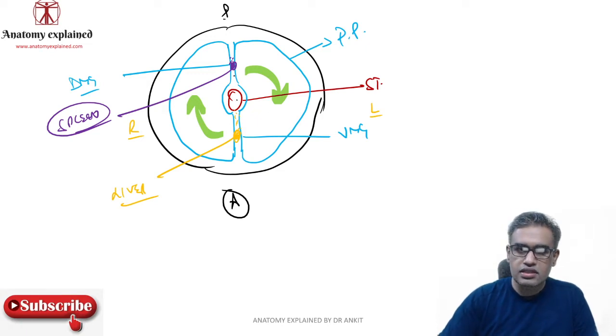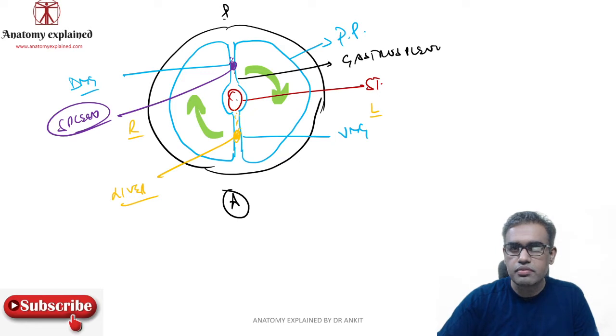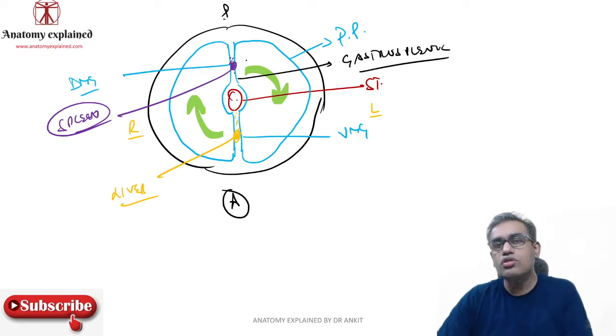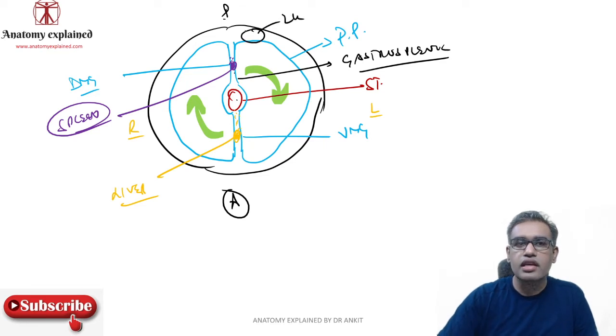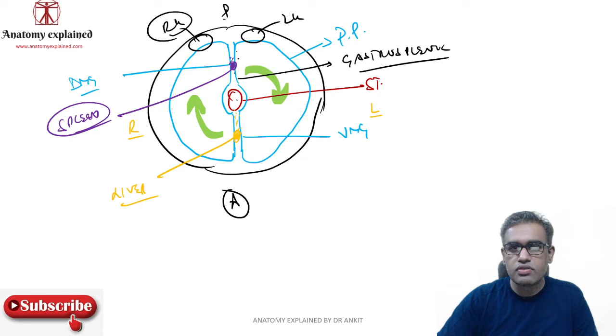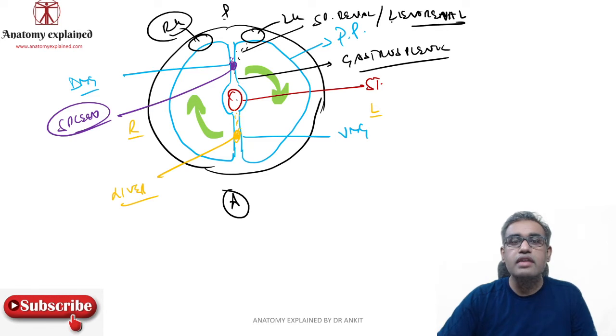This ligament between the stomach and the spleen, that is known as gastrosplenic, as we can understand from the name. Now this spleen will try to go to the left side. So here we have the left kidney and here we have the right kidney, retroperitoneal organs. So therefore this ligament, which will be now over here, would be known as your splenorenal ligament, or also known as the linorenal ligament. They are all derivatives of which mesogastrium?